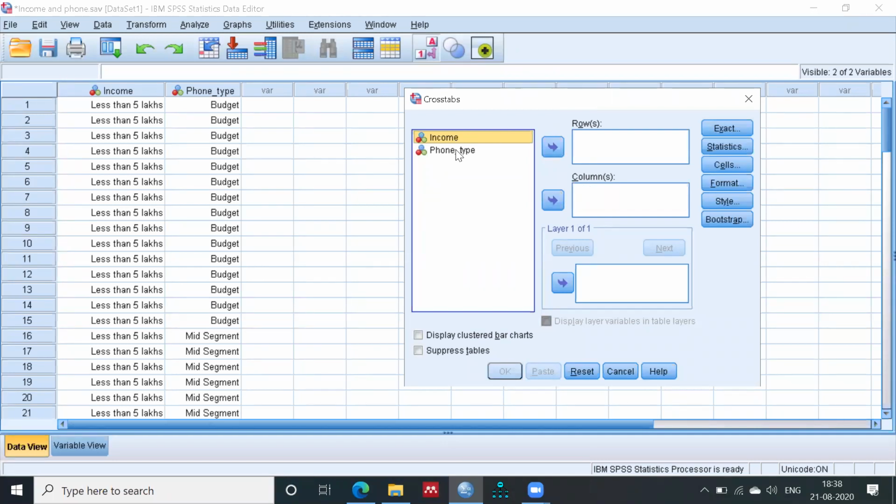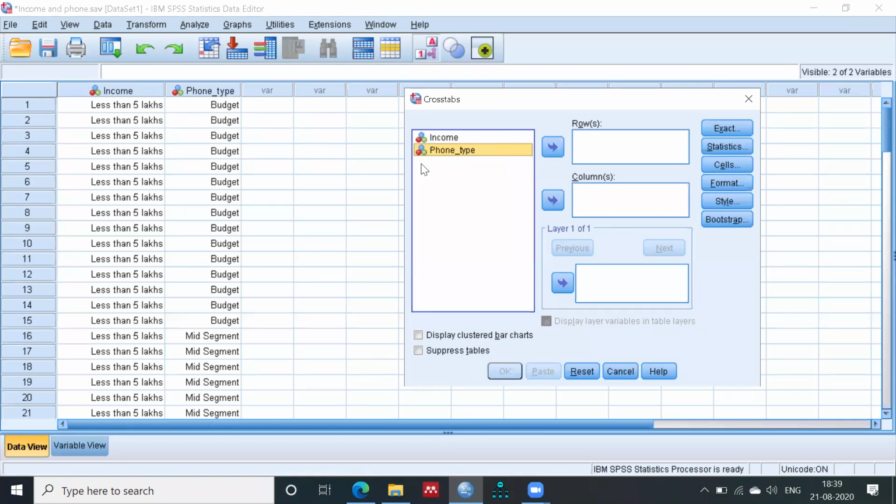Now it is important to understand what we should put in the rows and what we should put in the columns. You can note one thing, that we always put the independent variable in the rows and the dependent variable in the columns, because you need to decide the impact of one on another.